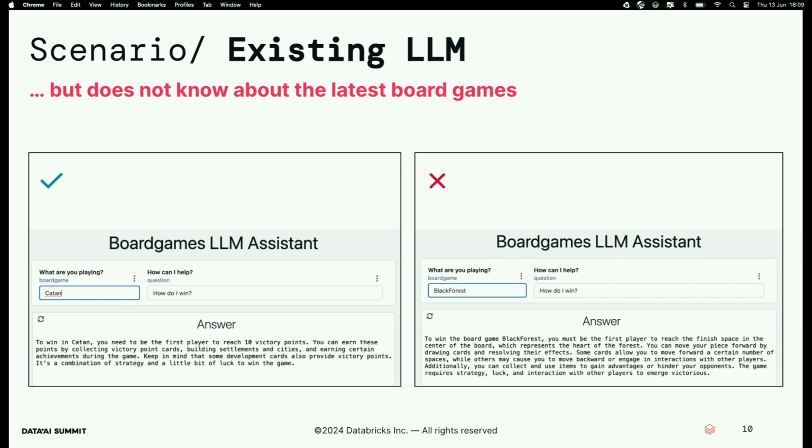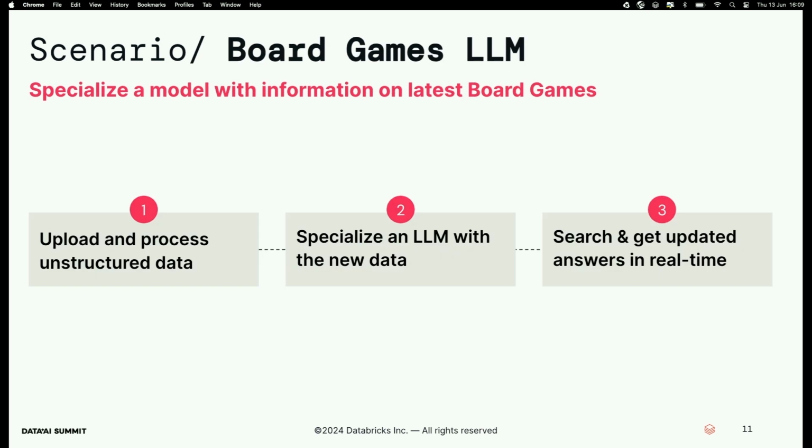So here we have an example, Black Forest, and if you read the instructions or the answers, you will see that it's actually a hallucination. So what we will show you live is that very quickly we can start off with volumes to specialize such a model with information extracted from unstructured documents, from unstructured data,